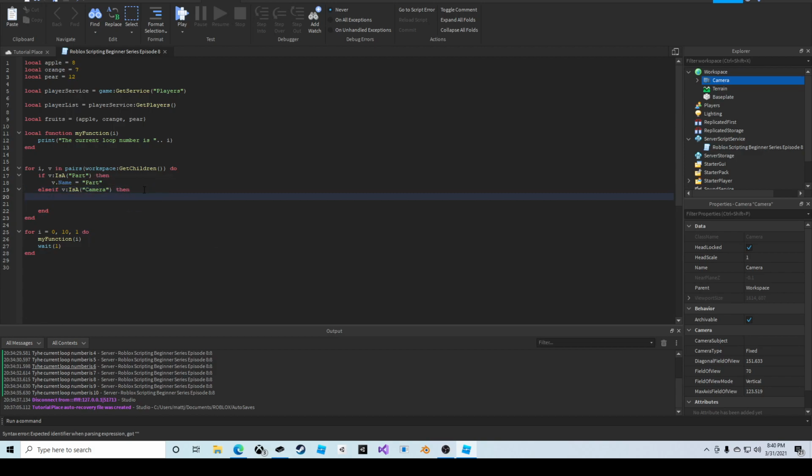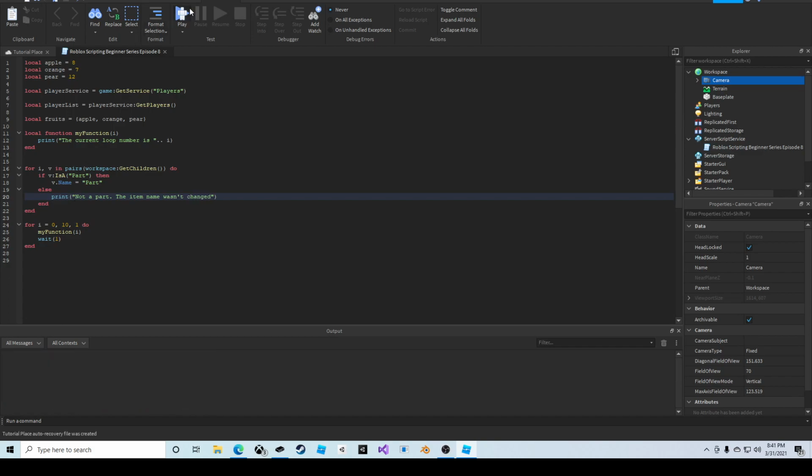Then that would indent, of course. But here we are just writing else, or else we could print "not a part, the item name wasn't